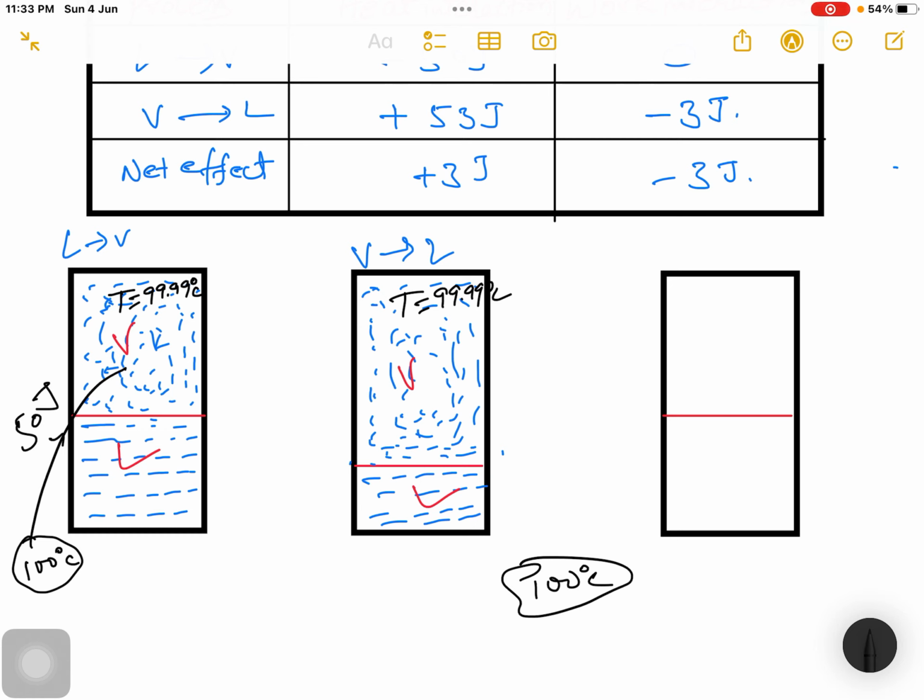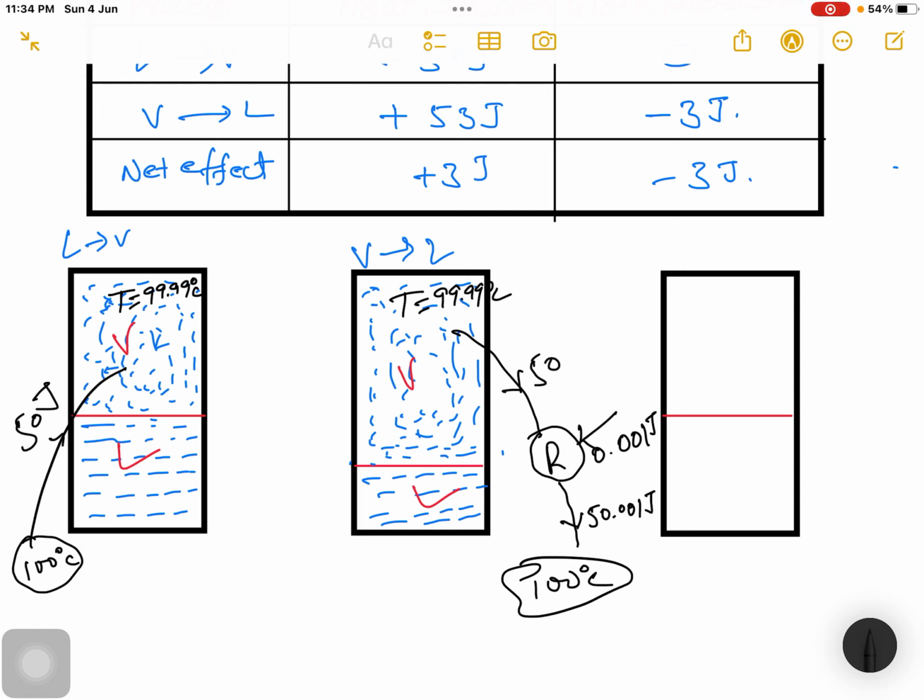What is happening to the surrounding is, for the surrounding, what is happening